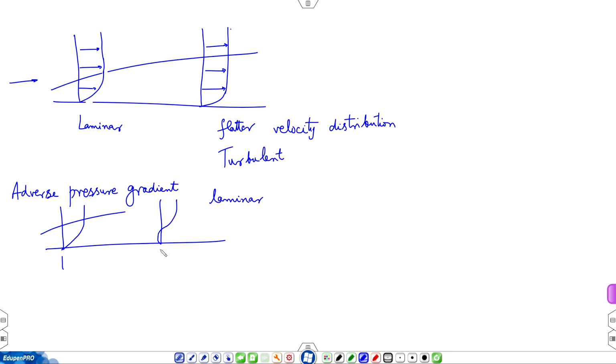So, this might be some distance L1, but if the boundary layer were to be turbulent,